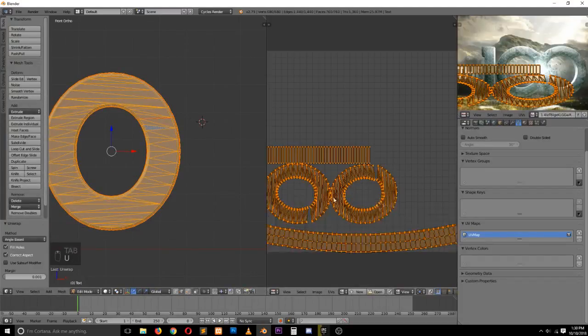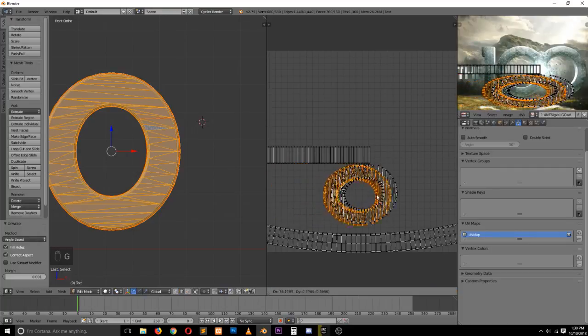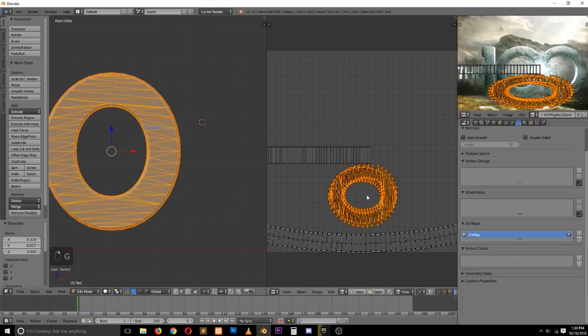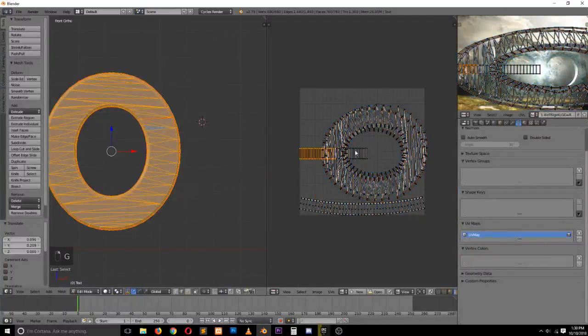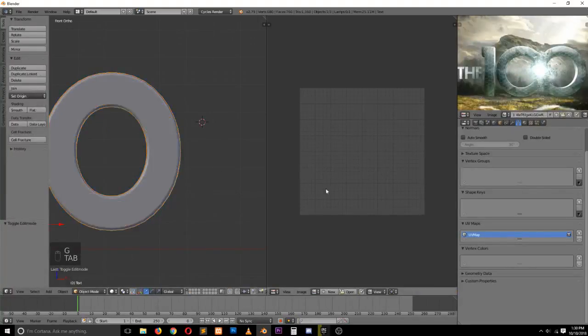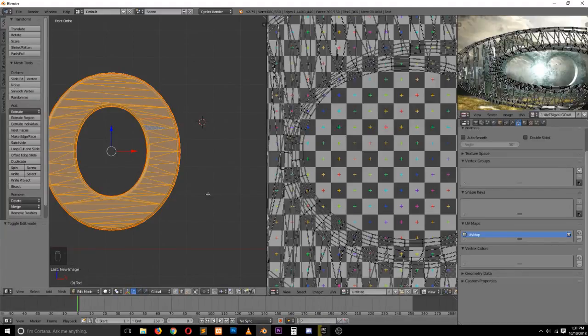That's what we have for UVs. I think that's good enough. Can just bring this on top of this and just scale this. We can also rotate this here, and we can add a UV image, a UV grid, to see how the